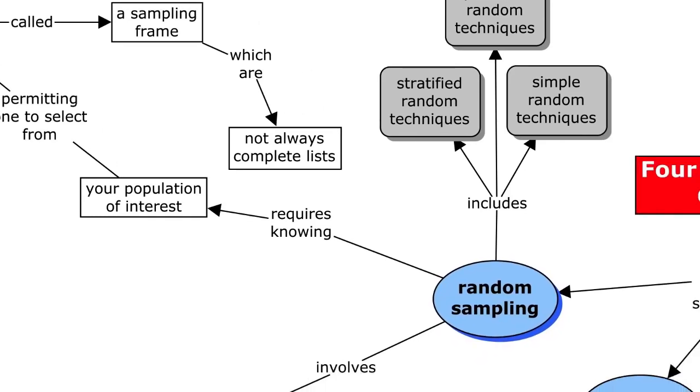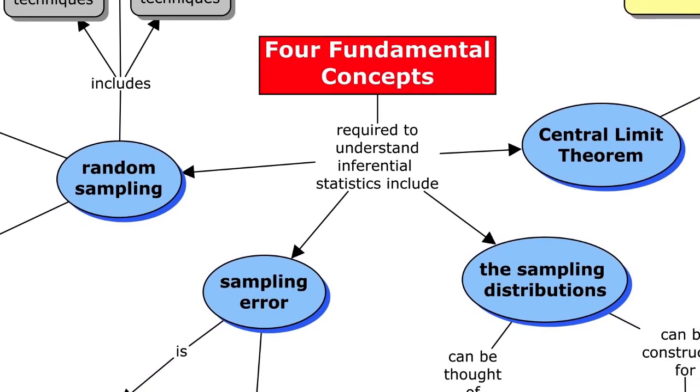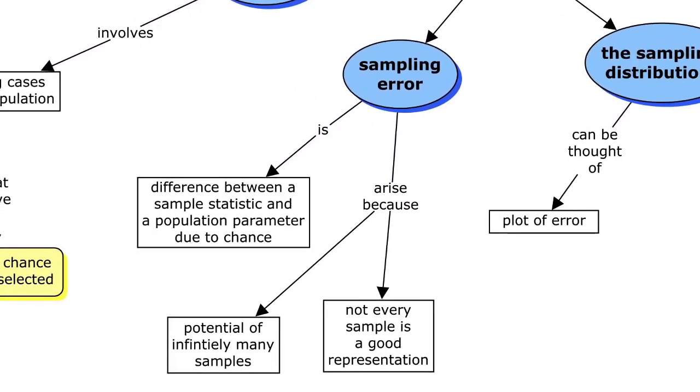This brings us to the second big idea for this particular chapter, namely sampling error. When one is going out and conducting a sample, identifying a sample for, say, a survey, one has to remember that in calculating a particular sample statistic, it might be different, it's likely to be different, in fact, from the corresponding population parameter. This is due strictly to chance, the chance of being selected to be a participant in